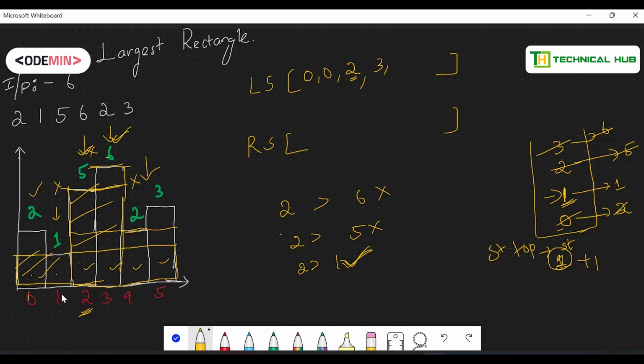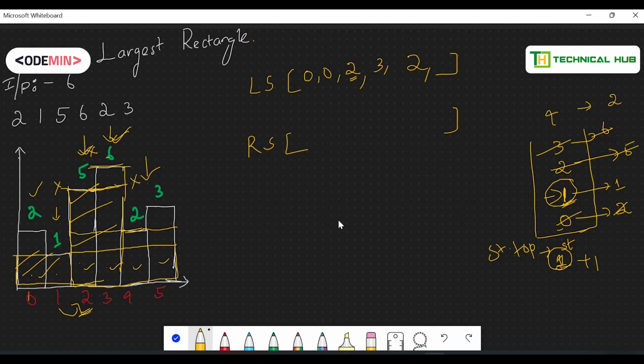That means you got broken at 1, so you can store up till here. Wherever you got broken, you can store up till the next element, right? So you should add your top, which is 1, so st.top plus 1, that is 2. Now you bring 3. Before that, you put the index of that 4, which represents 2.